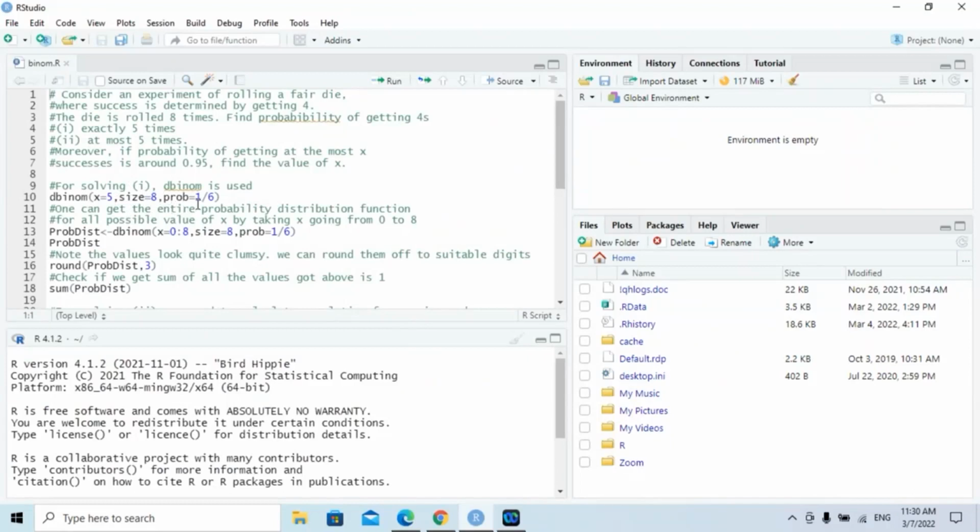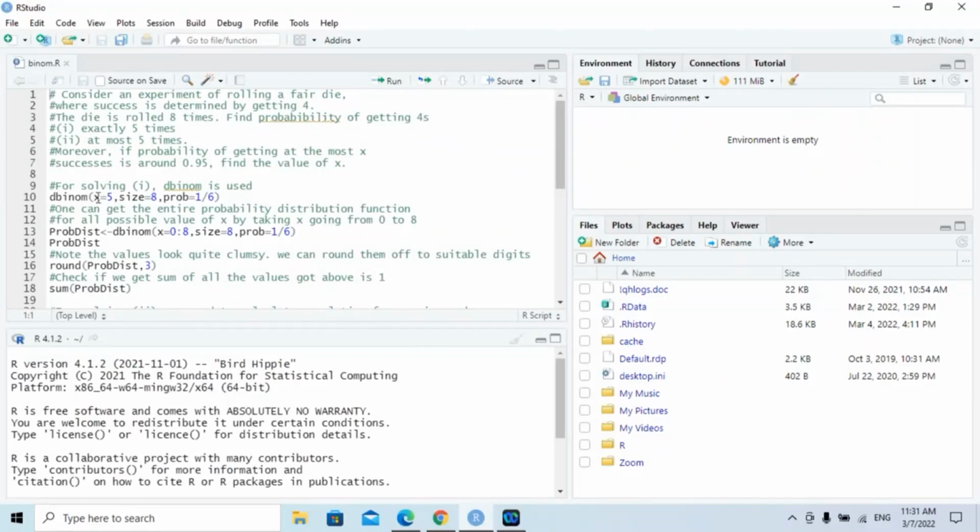So probability P is written as PROB. The experiment was rolling a fair die, and success was getting 4. So the probability of getting 4 on a rolling die is 1 by 6. The die was rolled 8 times, so size is 8, and the value taken by the random variable is exactly